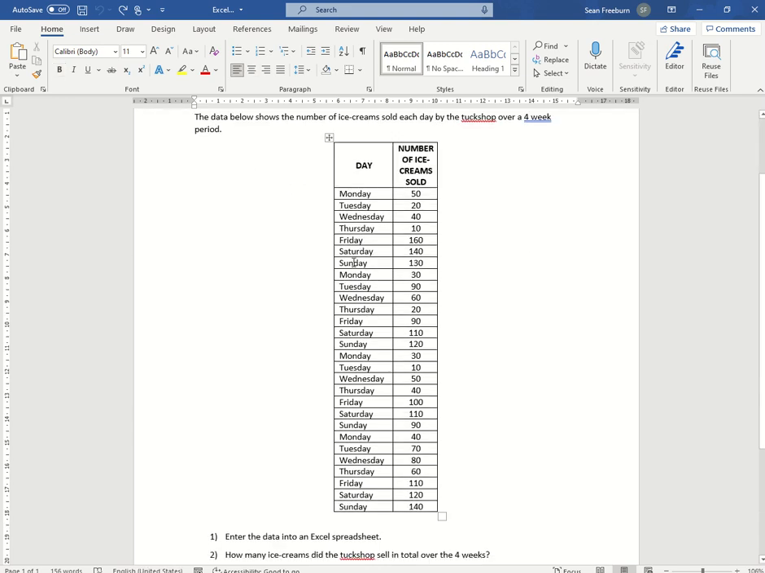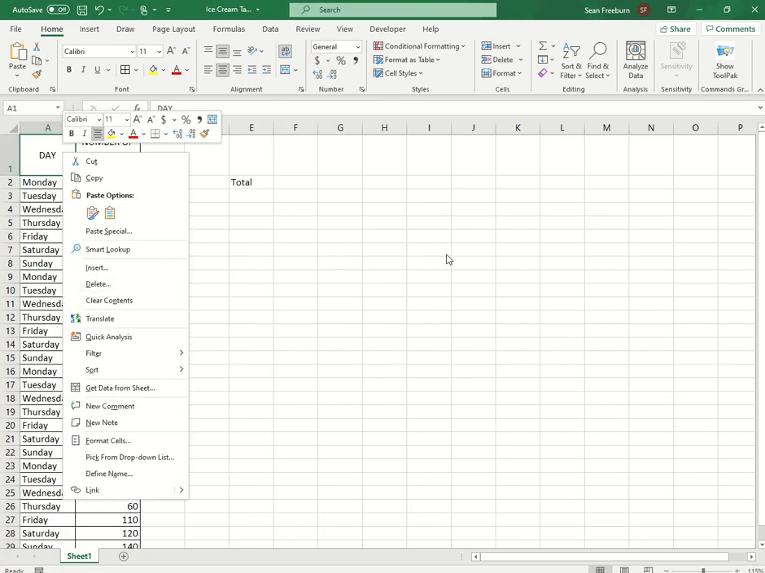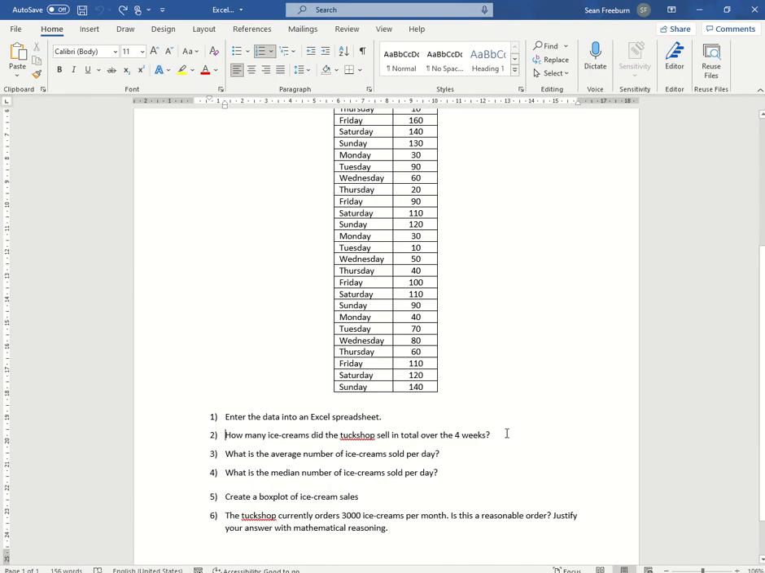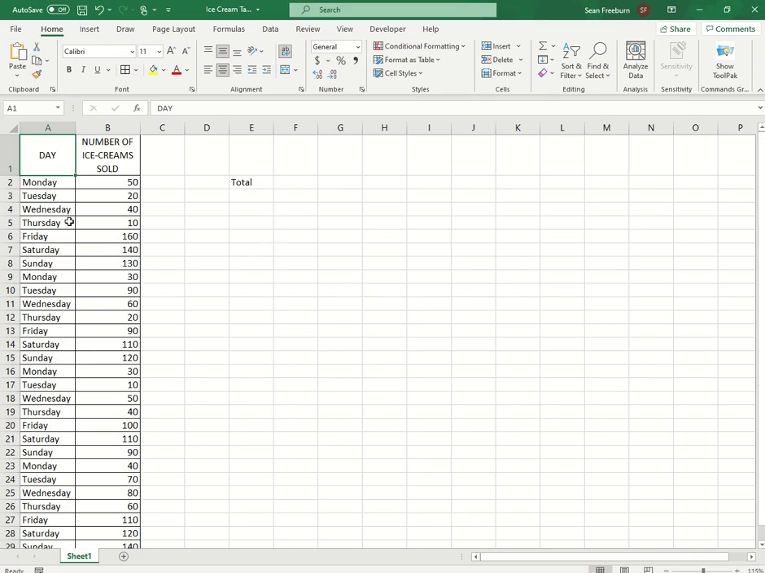We need to enter this data into a spreadsheet. Data can be pretty easily copied across from Word to Excel. We just copy and then we just paste. So here's one I prepared earlier. First thing the question asks us to do is figure out how many ice creams in total did the tuck shop sell. So in Excel, I've placed a total here, and this is where I want the total number of